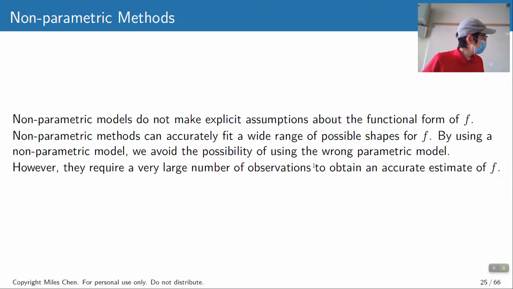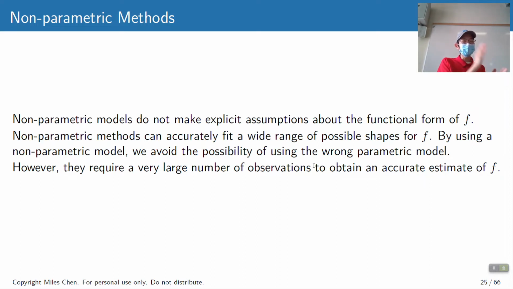But usually it requires more data, right? So if you assume something fits a straight line, what's the number of data points you need? You only need 2, right? If you're going to assume a straight line, you only need two points, and you've got an estimate of what your slope and intercept should be. It's probably not a great estimate because it's only based on 2 data points, but you've got an estimate, right?